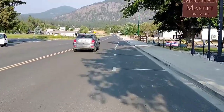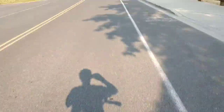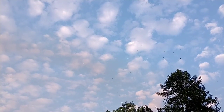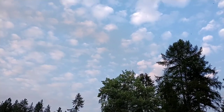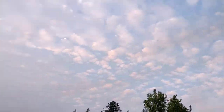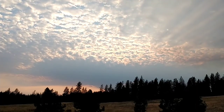Headed up the mountain. I got 4 bars though, so I feel pretty good. I don't think they're going to show up on video at all. It's nice to have a blue sky finally. Well, the smoke is back, and that's kind of depressing. And I sure am missing Deb, but